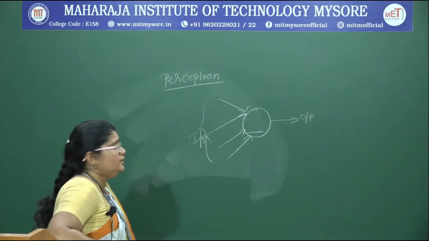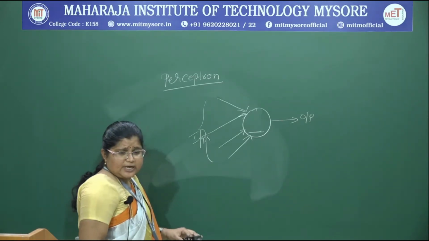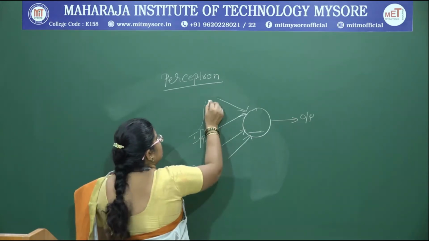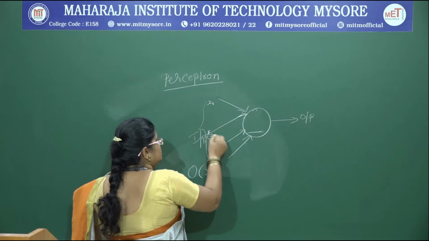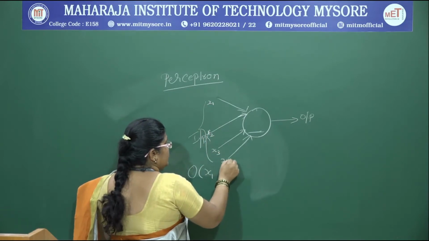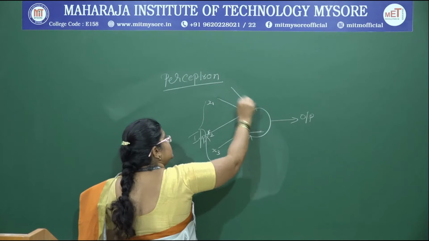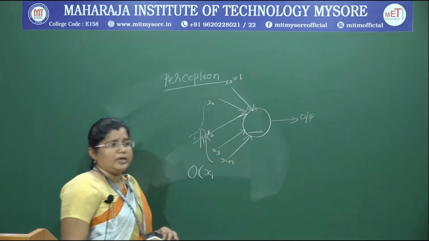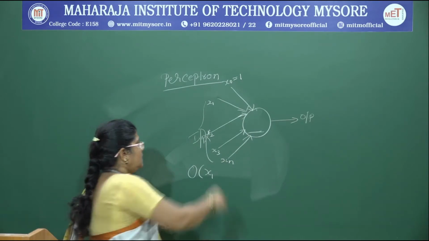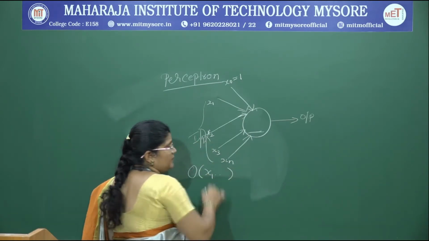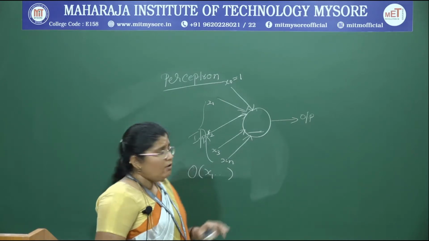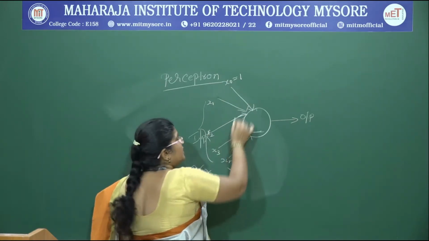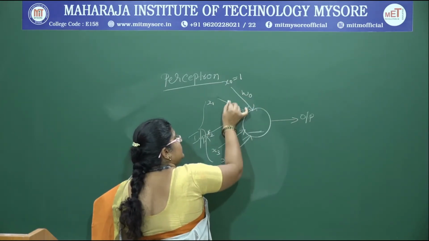That is what we are looking at in this equation. This equation gives the output, where x1, x2, x3, up to xn are the inputs, and there is also a constant x0, which is always equal to 1. Now this output will be the summation of all the values, and along with the inputs the weights are going to be represented.